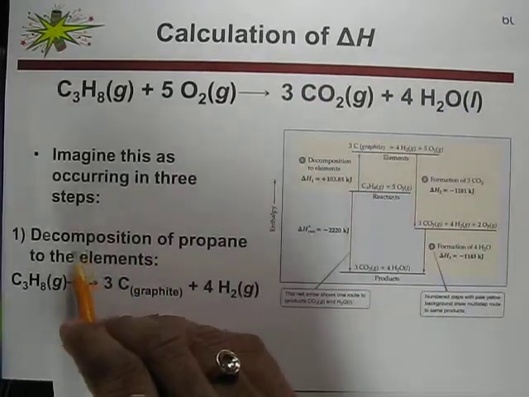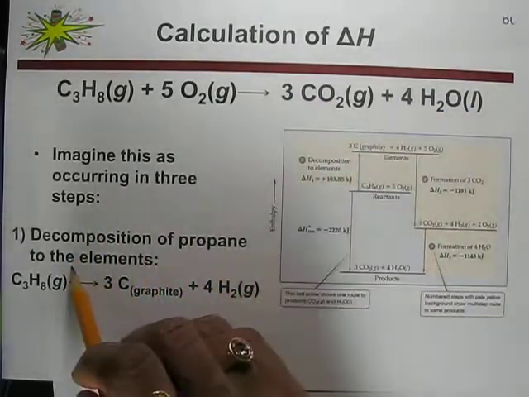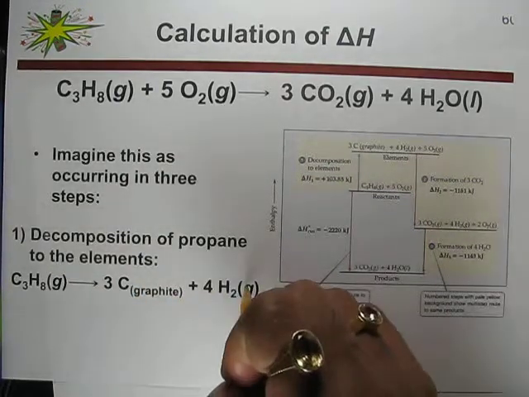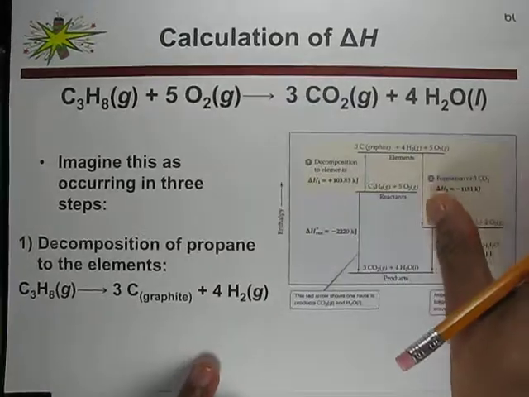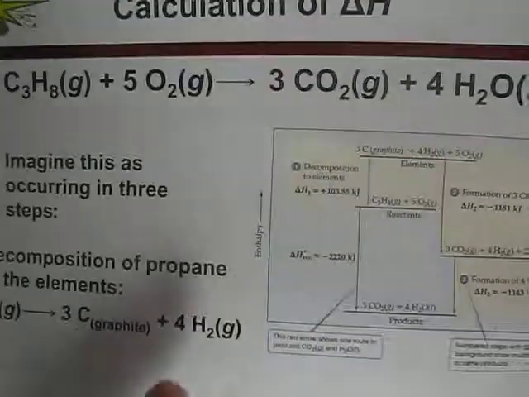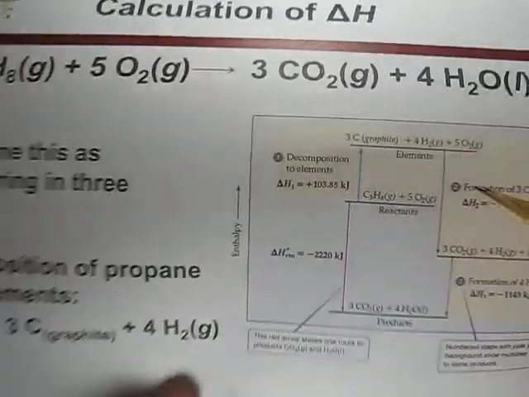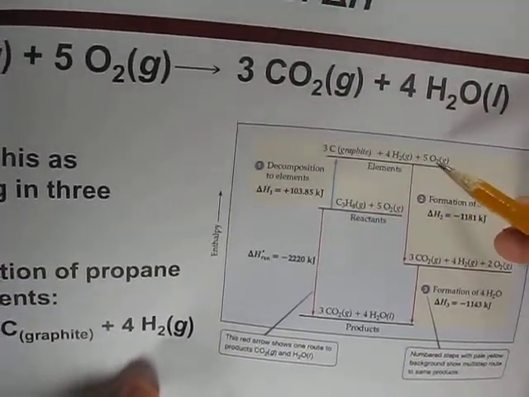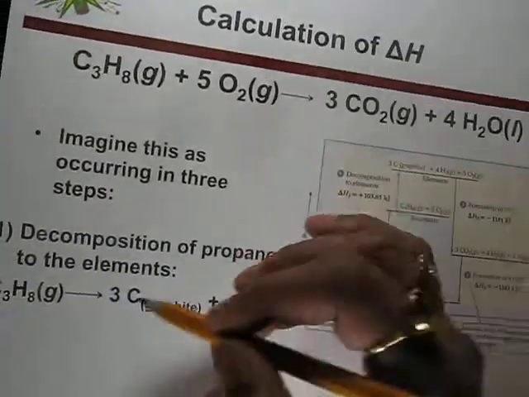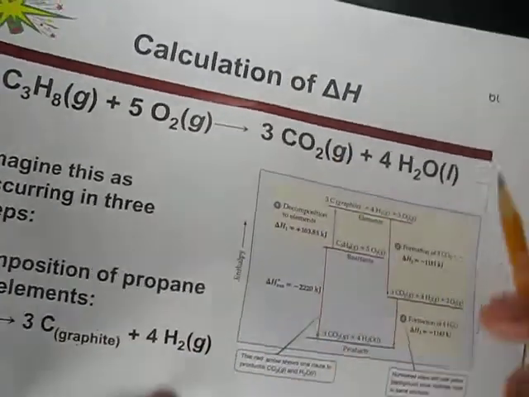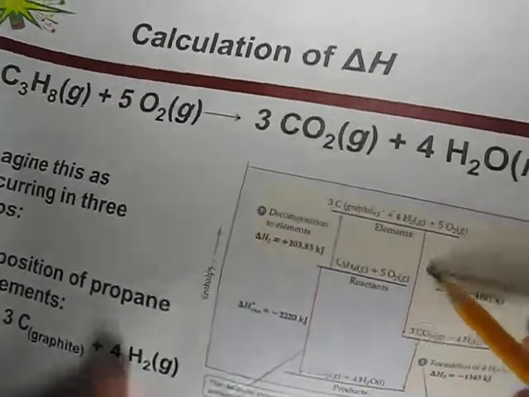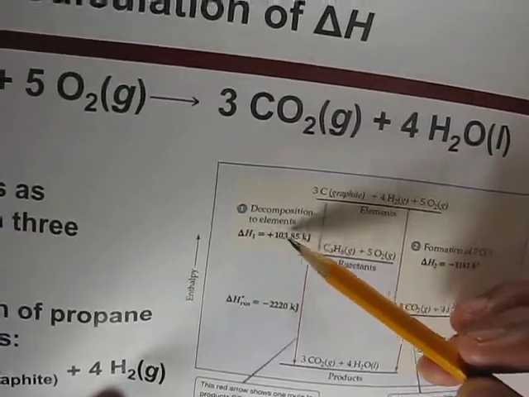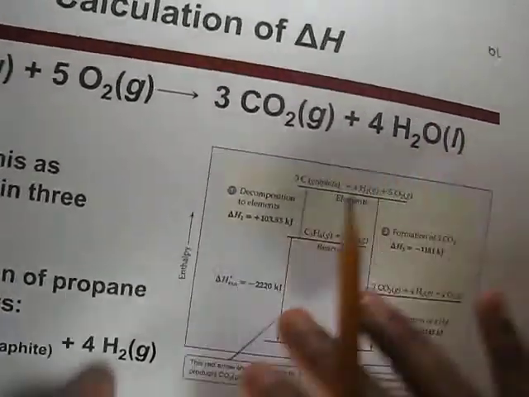So first we have to consider the decomposition of the propane into the elements like carbon, graphite and hydrogen gas, so hydrogen gas and carbon graphite, and we need oxygen for decomposition of this one. That is why they have oxygen here also. And then for this reaction, the heat of formation is given here,